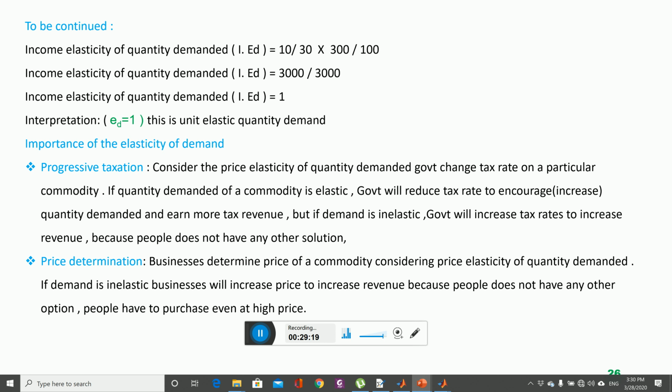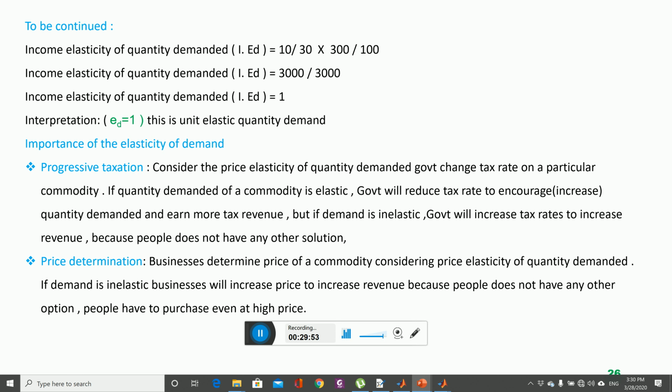So it means the government keeps in mind while changing tax rate that if demand for a particular commodity is elastic, then the government has to reduce tax. When the government reduces tax, the price of the commodity will decrease, so the quantity demand will increase. When the company sells more and more goods and services, the company will pay more tax revenue to the state. But if demand of any particular commodity is inelastic,